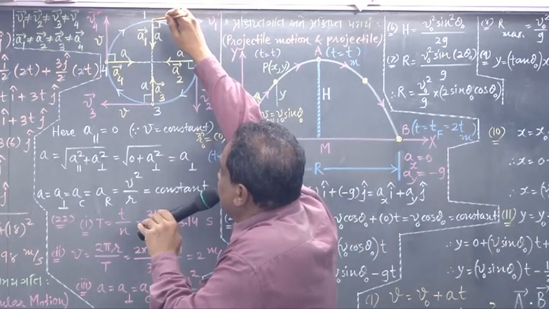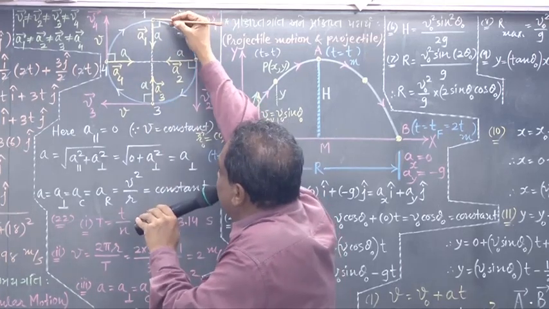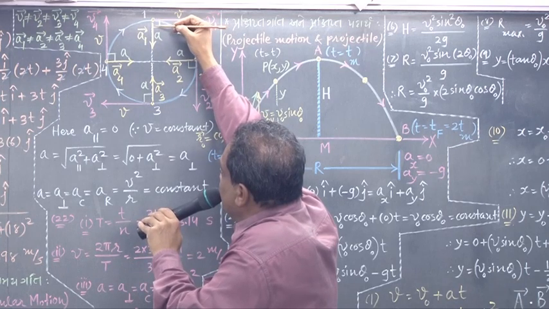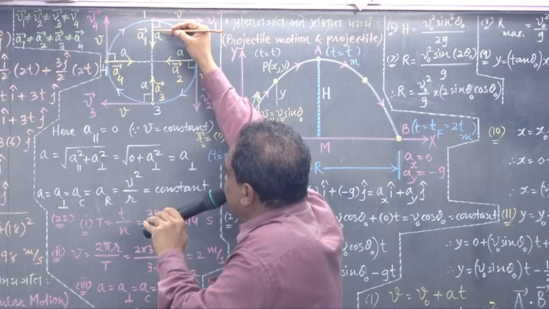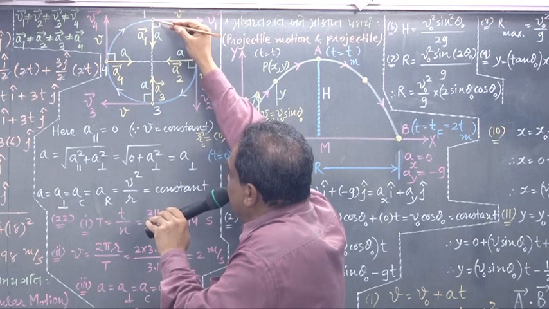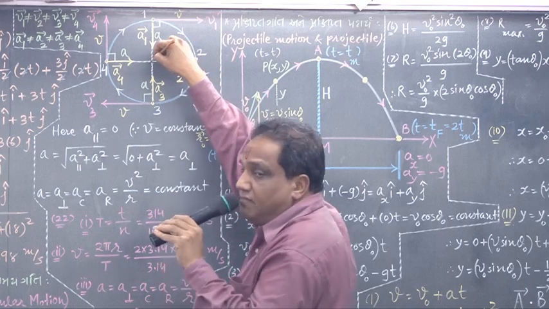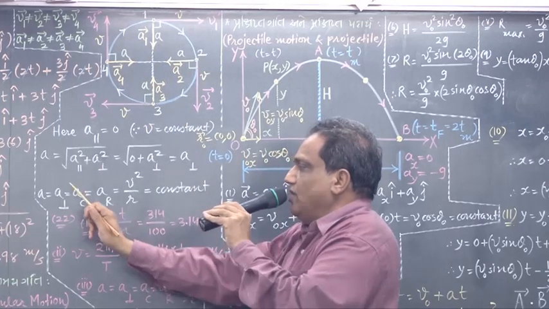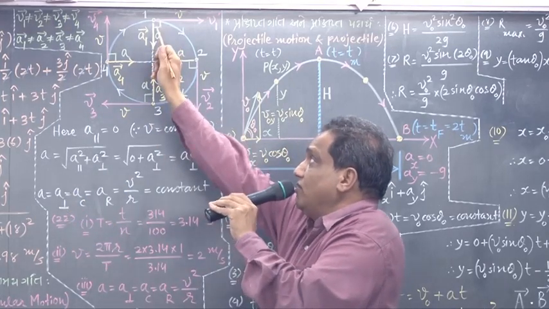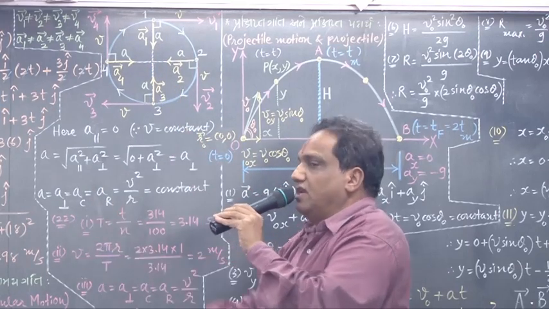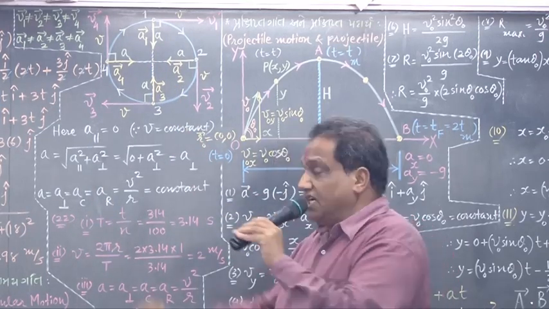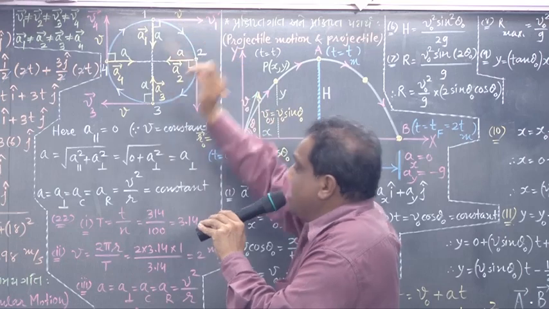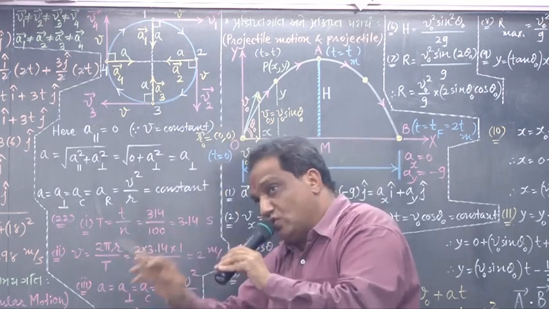At this very point, think of a very short path, and perpendicular to that. So the direction of this acceleration is this way. This way means pointing towards the center. Because it is perpendicular to the path of motion, we call it a perpendicular. Because it is pointing towards the center, I call it centripetal acceleration. Because it is along the radius, parallel to the radius, we call it radial acceleration also.